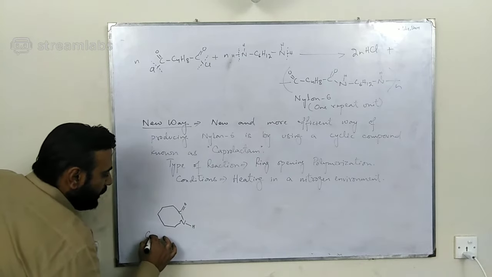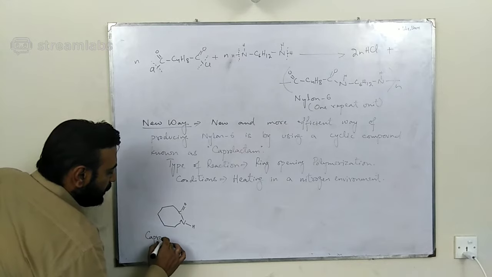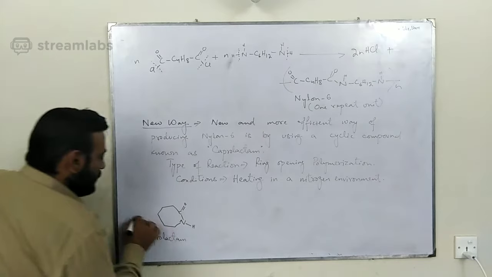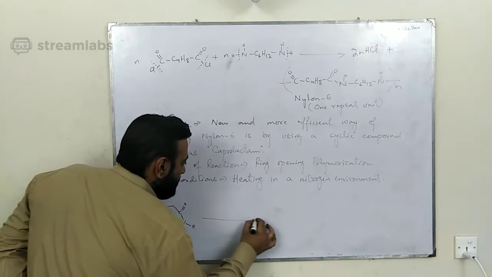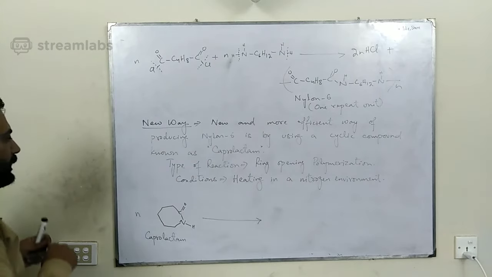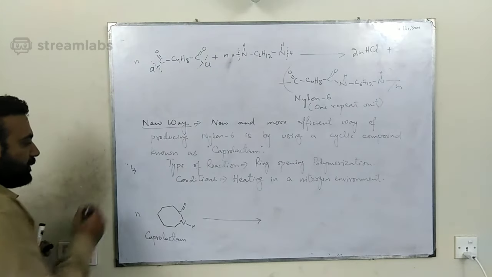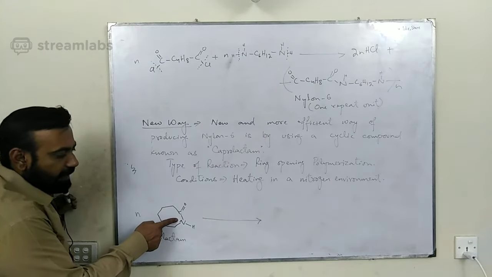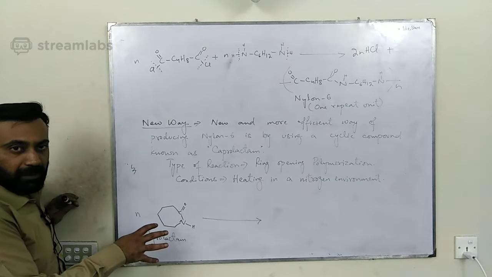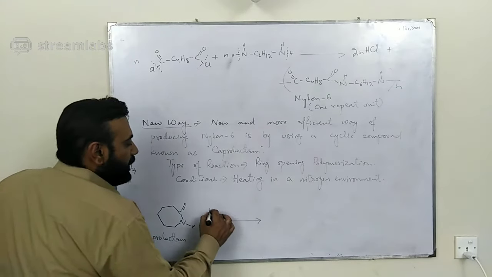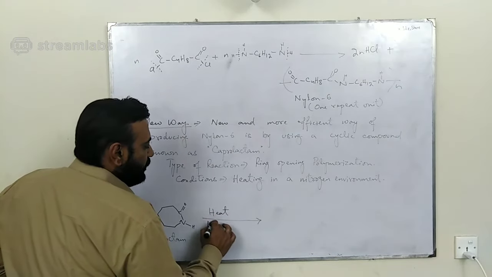See, this is the skeletal formula of caprolactam, and this contains 6 carbon atoms, but they are arranged in the form of a ring, and there is an amide linkage already there. So when we open up this ring by using these conditions, heat in the presence of nitrogen atmosphere,